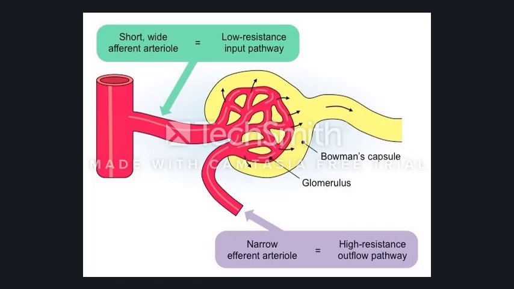Now, at the beginning of the Bowman's capsule are a network of capillaries. Those are blood vessels where the exchange of substances can occur. And by the exchange of substances, in this case, we're talking things like water, like salts, like urea. Okay, but